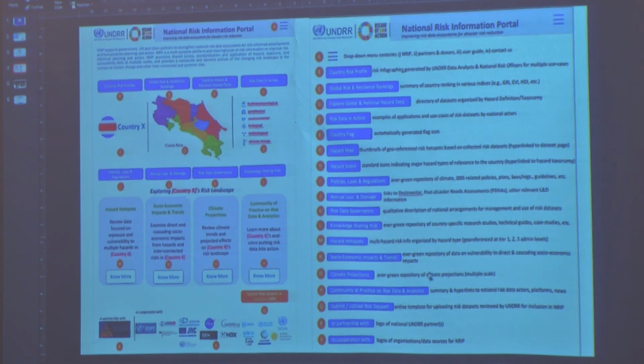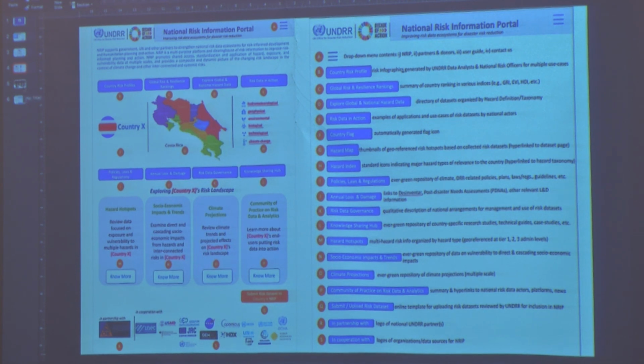This is just a stylized example of what the website, which is going live later this month, will look like. We're targeting 50 countries by the end of next year that we will have NRIPs up and running. Again, Bangladesh, not surprisingly, is well ahead with the development of the DRIP. But at the same time, as I mentioned, we see tremendous opportunity to link some of the standardization, harmonization of risk information into the DRIP.